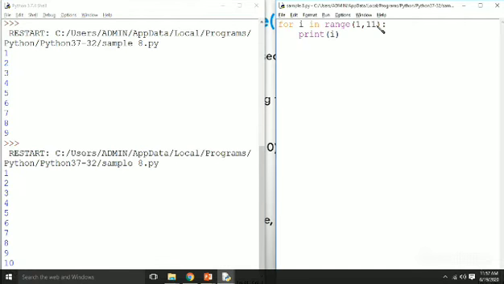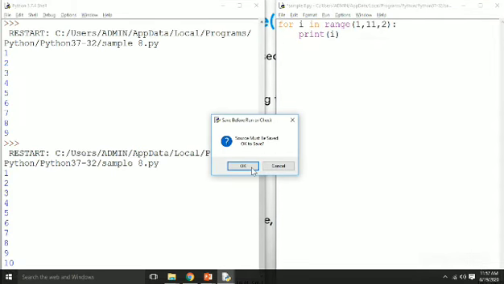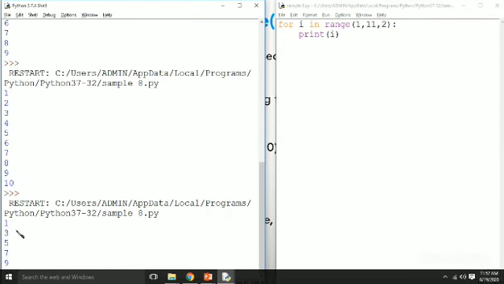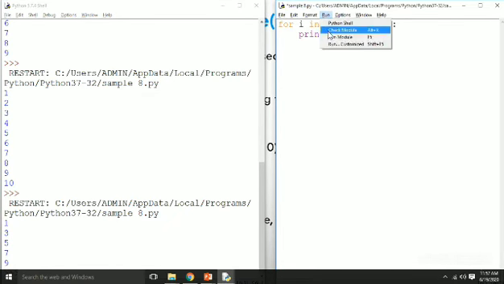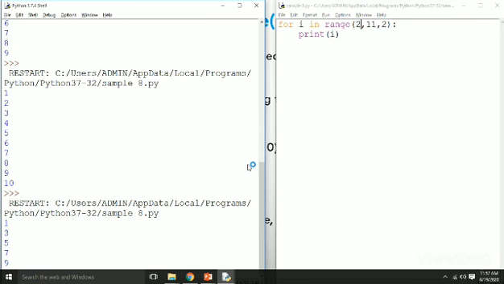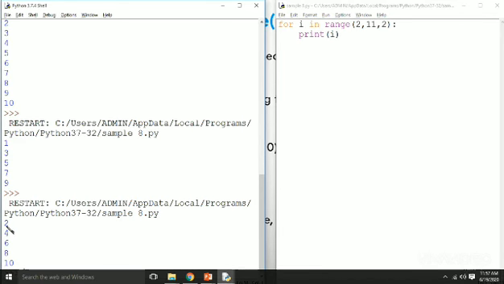The third part is the step part, which is decrement or increment. I am going to give 2 here. I am going to increment by 2. 1, 3, 5, 7, 9, which means it will take the first value, leave the second one, and take 3, leave 4, 5, and so on. If I start with the value 2, you can see the even numbers here, 2, 4, 6, 8, 10. The start value is 2 and the end value is 10. It will not include 11 here.